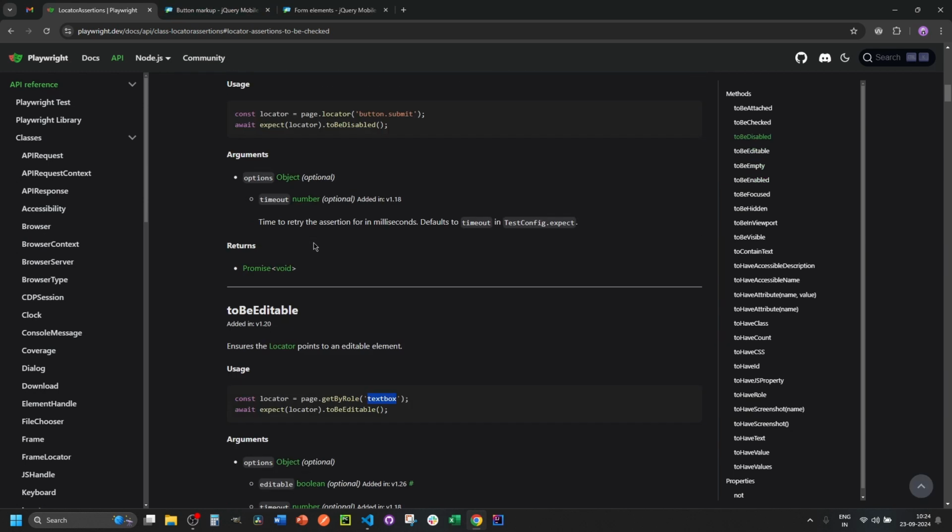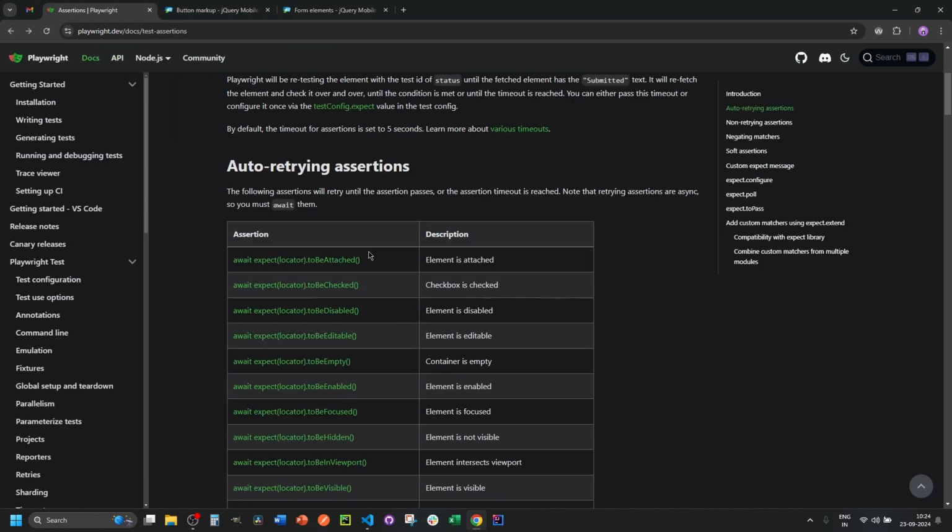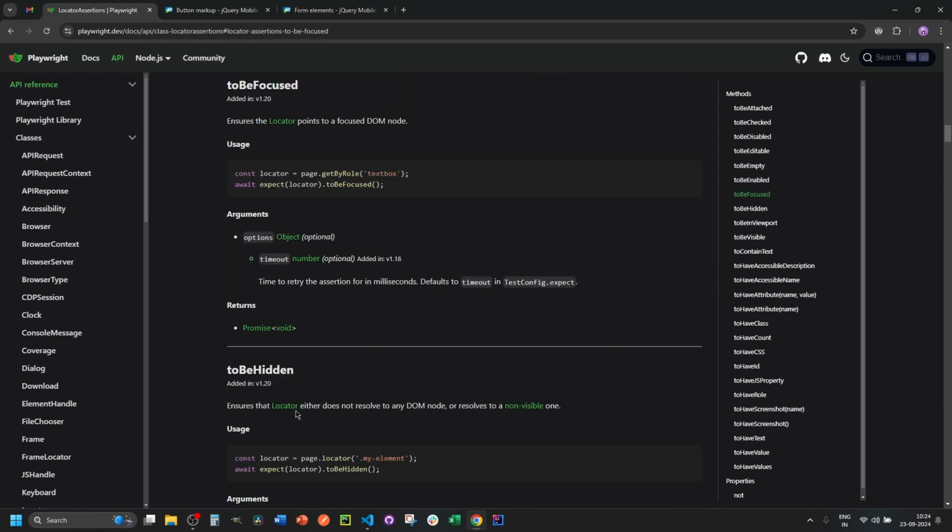Wait, we go back to toBeEnabled. Element to be focused here, this one. So ensure the locator points to a focused DOM node. What does it mean,